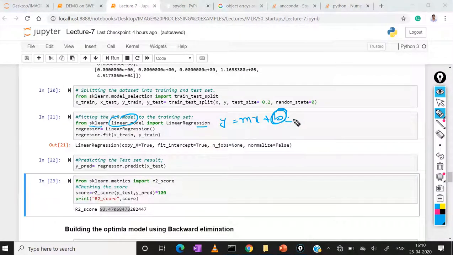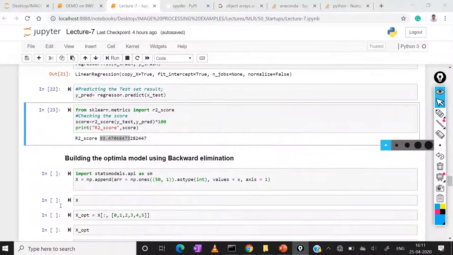Bias is nothing but the intercept. But while applying backward elimination, the bias will not be assigned, so we have to give it manually. That is the purpose of applying this method.